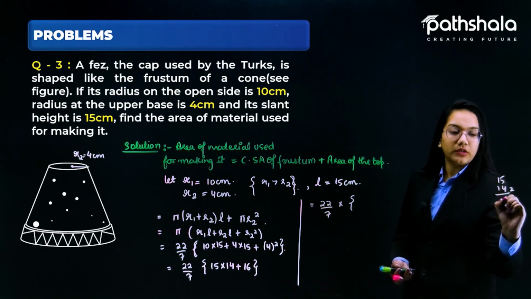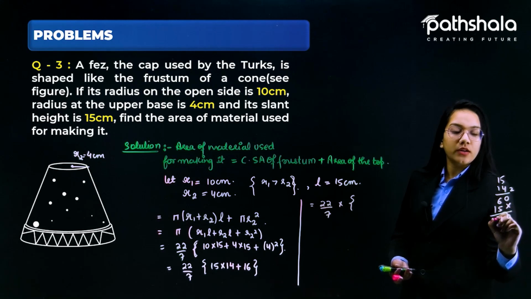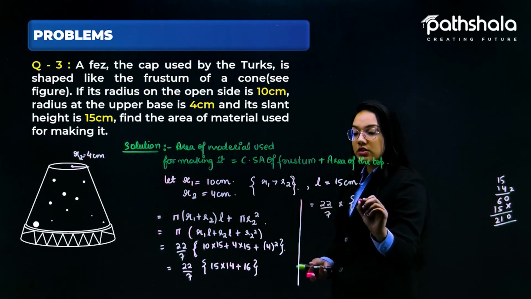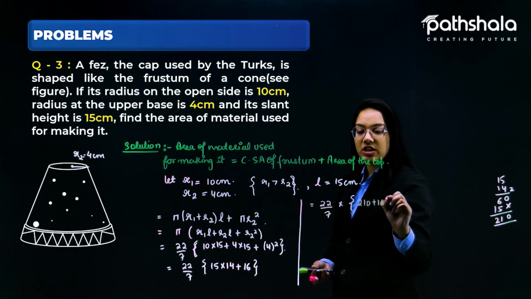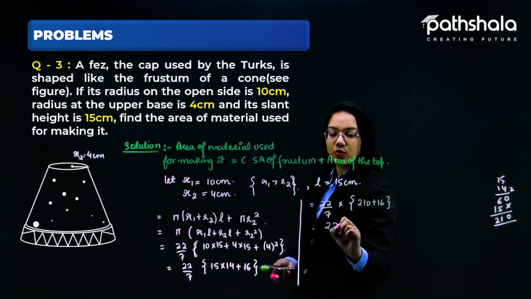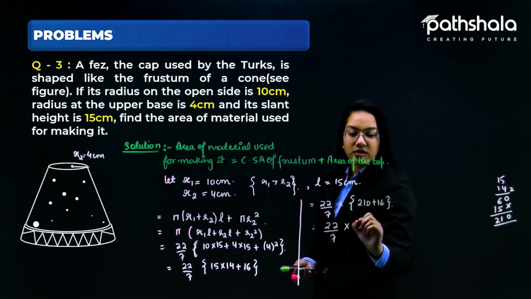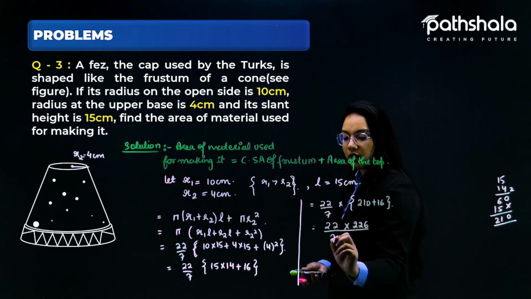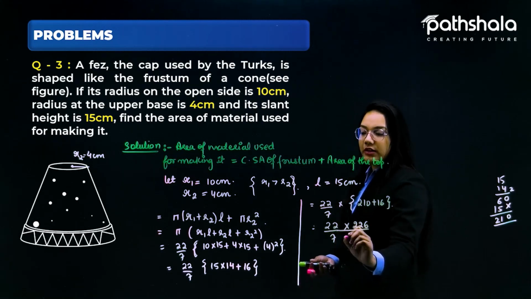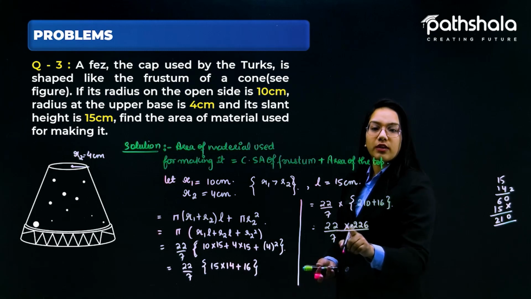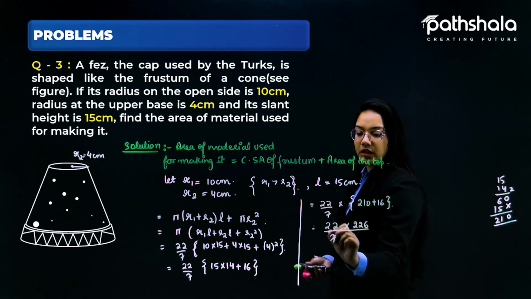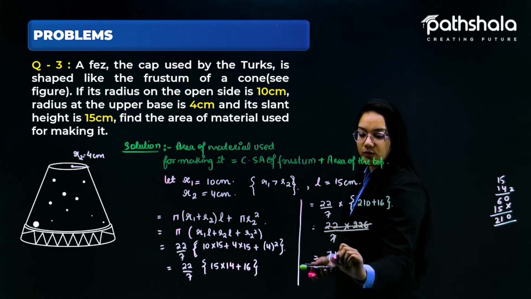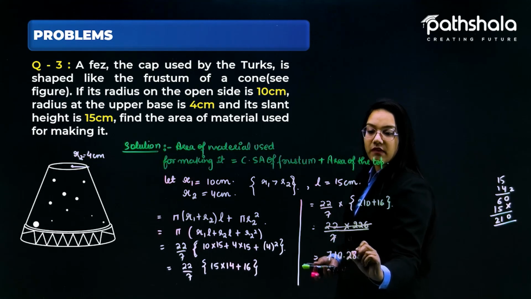So 15 into 14 is 210. So this is 210 plus 16. At the end we get 22 by 7 into 226. When we sort out all the values, we will definitely get the answer as 710.28